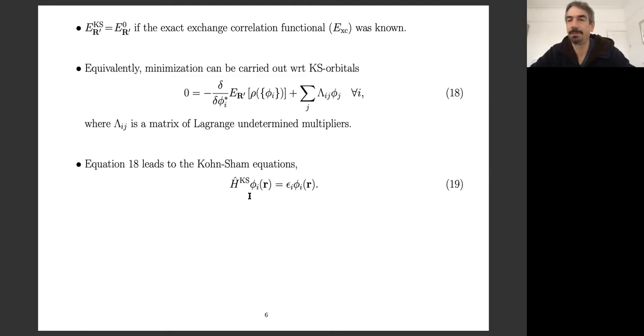Why is it not exact? Anyone? Because of the exchange energy that we are approximating. Yes,